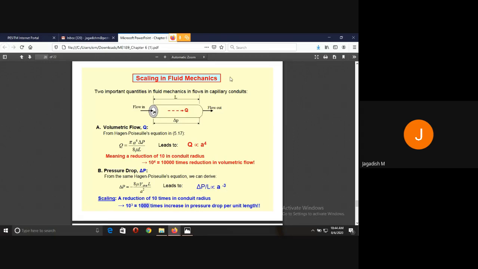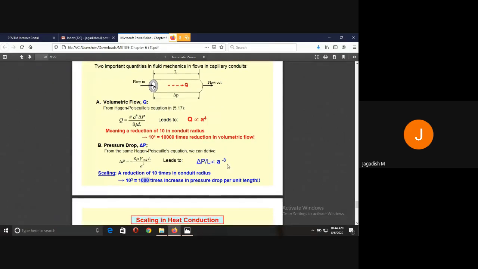So if there is a reduction of the pipe by 10 times, length of the pipe by 10 times, then the volumetric flow is reduced by 10,000 times, and the pressure drop per unit length will increase by 1000 times. Okay,